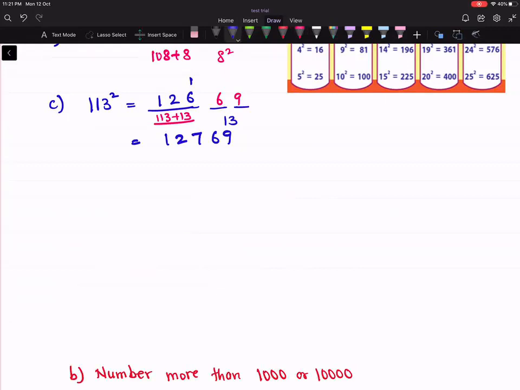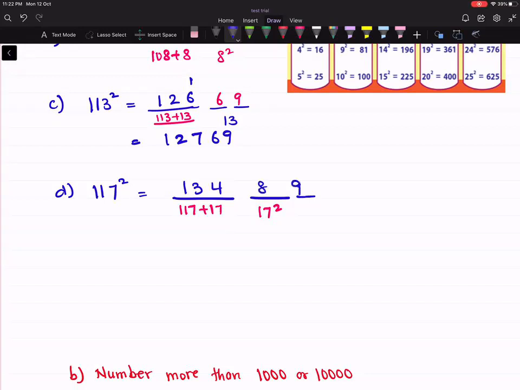So if I'm interested in 117 square, I'm going to do it in two parts, the rightmost and the leftmost. Leftmost will be 117 plus 17, so that is 134, and the rightmost is 17 square, right? Now this 17 square, you have got only two digits to be put there, because the base is 100, so only two digits will come on the right side. 17 square is 289. So 89 is coming here, but this 2 gets carried forward. And my answer is